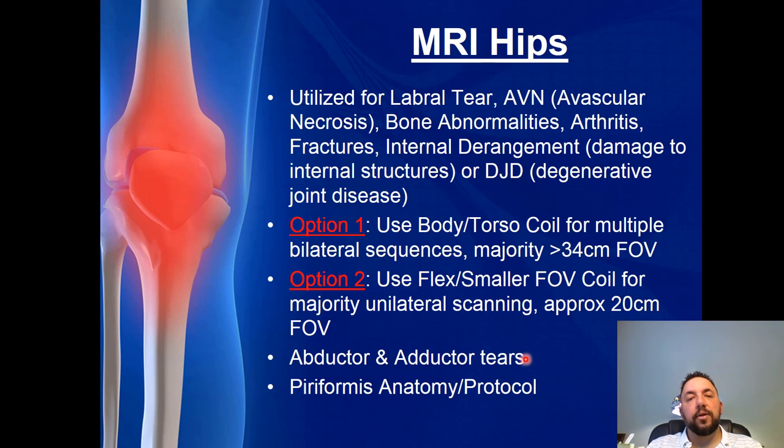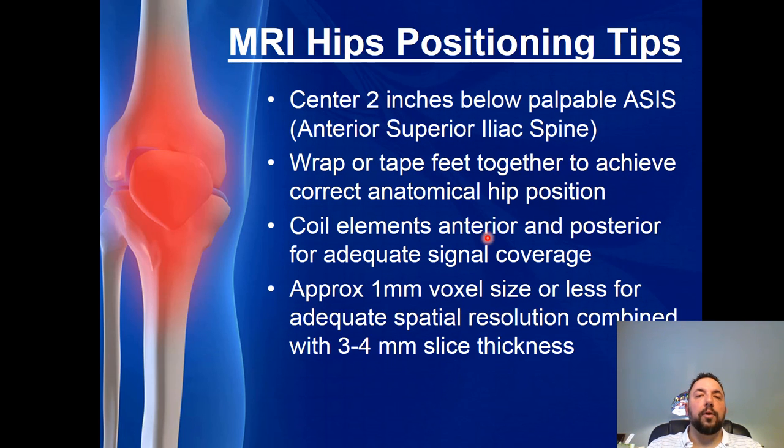Abductor and adductor tears, there's a piriformis anatomy or protocol that's also used in a lot of hip MR. Positioning: center 2 inches below the palpable anterior superior iliac spine. I'm going to show you a way that you never have to touch a patient ever again. I personally don't like to touch people at all. So you can't miss if you just follow a quick little guideline in hip MR,